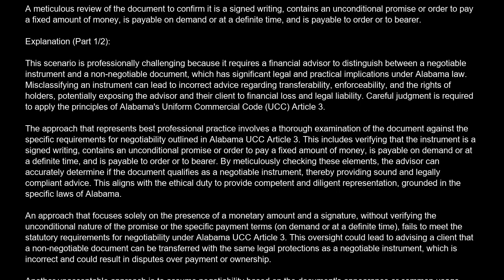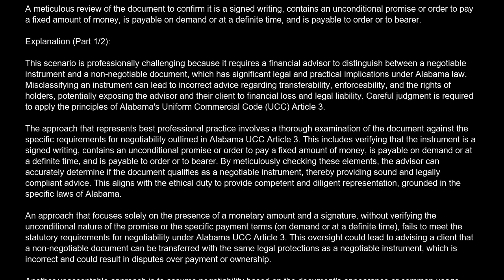The correct answer is A. A meticulous review of the document to confirm it is a signed writing, contains an unconditional promise or order to pay a fixed amount of money, is payable on demand or at a definite time, and is payable to order or to bearer. Explanation. This scenario is professionally challenging because it requires a financial advisor to distinguish between a negotiable